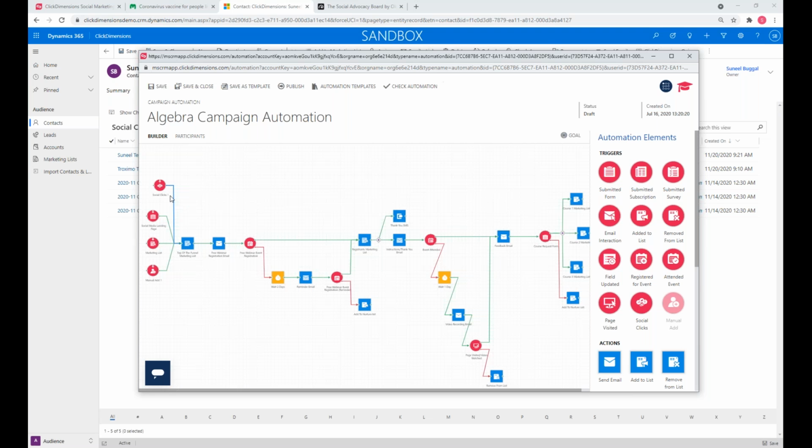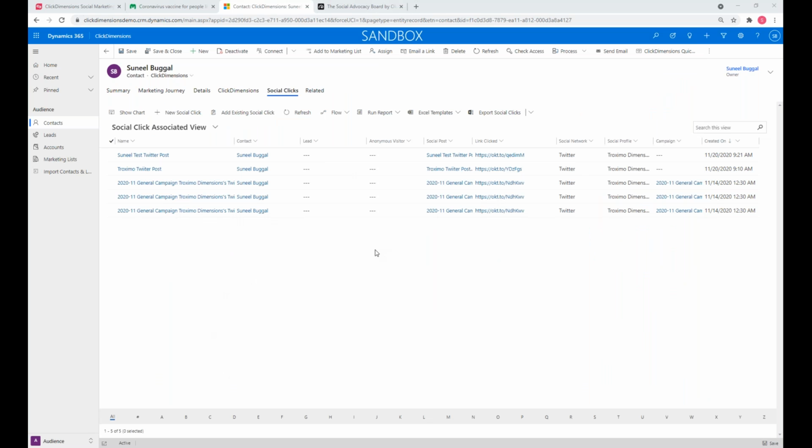Now, it could be a blog post. As soon as somebody clicks on that article, they're going to go into the top of the funnel marketing list, and we're going to begin nurturing this individual. So you can see how extremely powerful this is. Now, this will work for known contact and lead records. Somebody needs to opt in, of course. They have to accept our T's and C's.